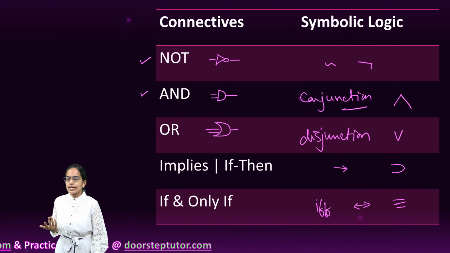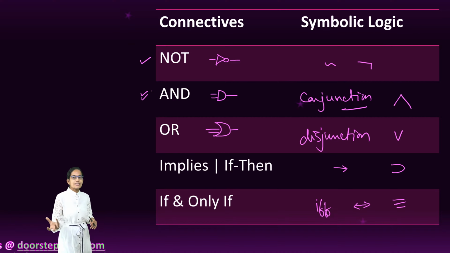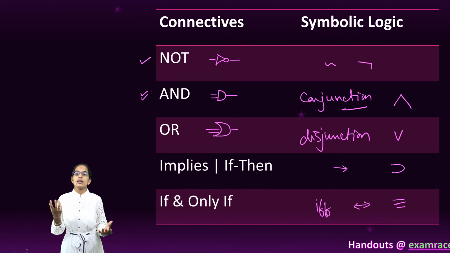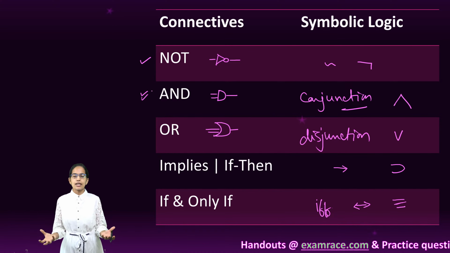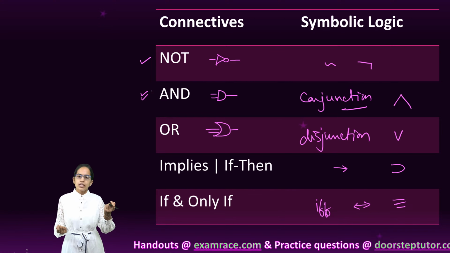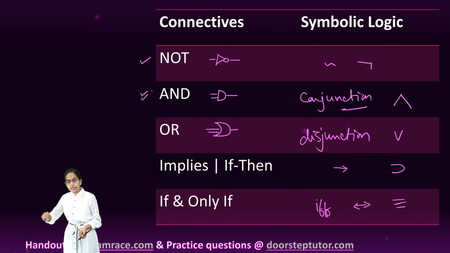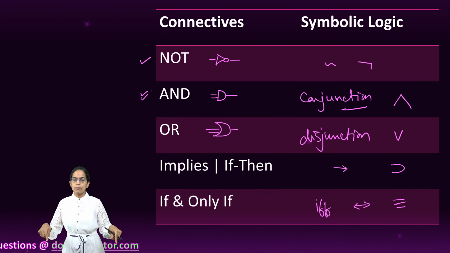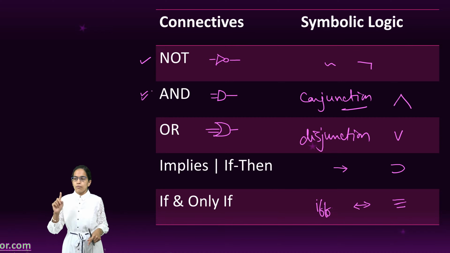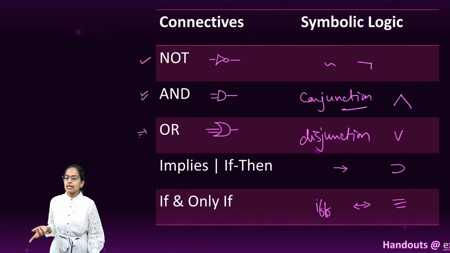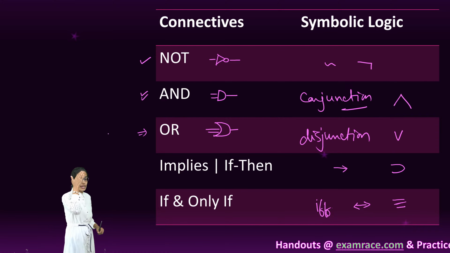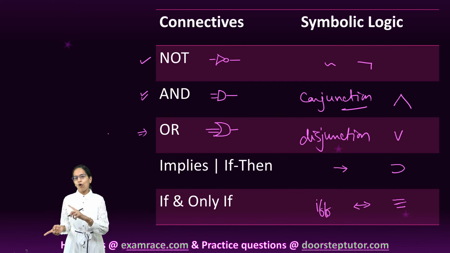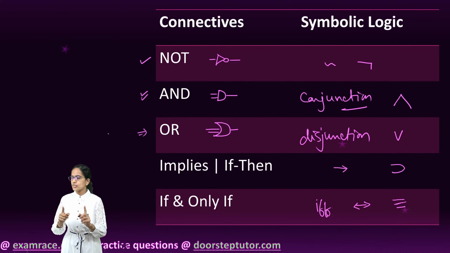When I say and, it is a combination. Apple is red and bananas are yellow. Now this is a combination. That means apples are red and bananas are yellow. Or I can say you must complete your homework and you must attend school. That means both of them are necessary conditions. Okay, but I can keep this as another example of or. In the or, I can say either you do your homework or you get the punishment. So either complete the homework or you get a punishment. So it is a combination of or.